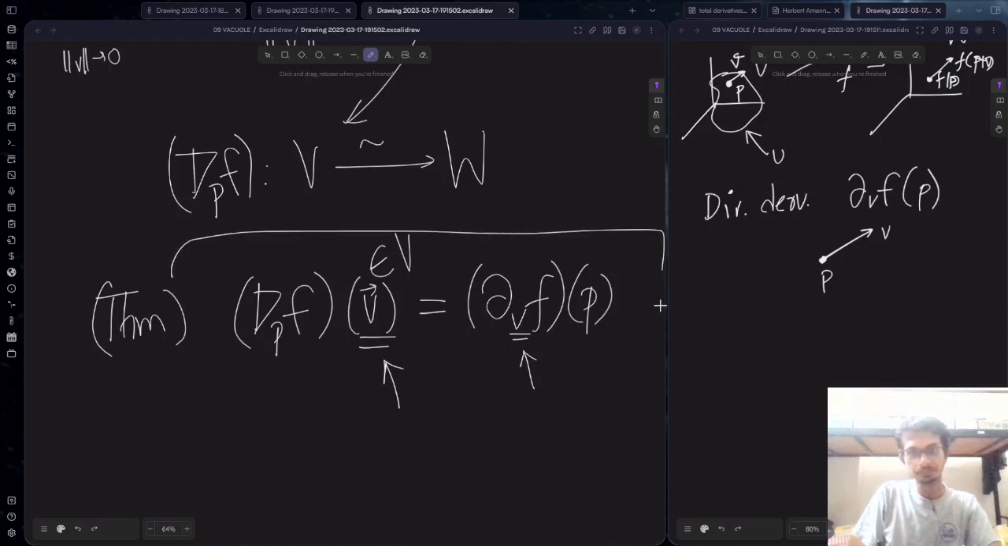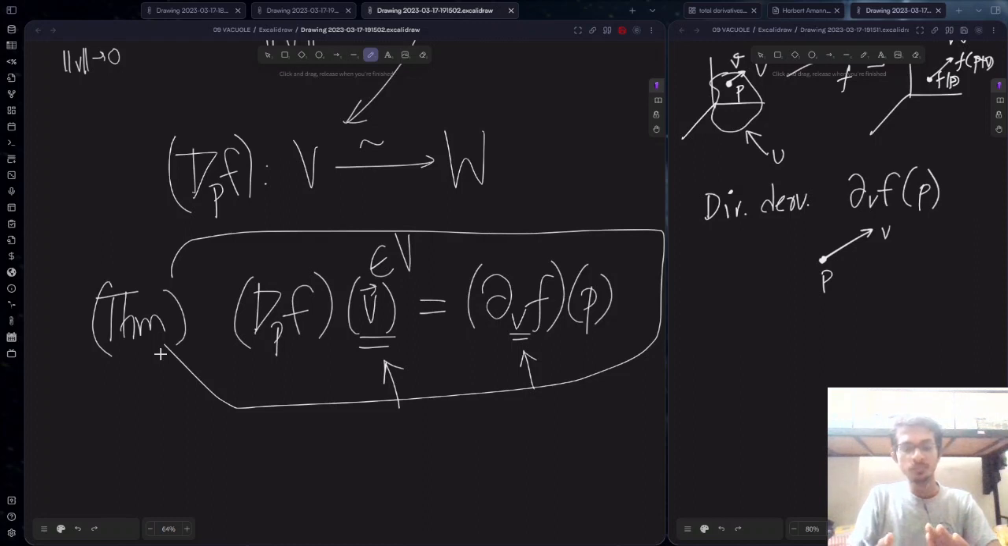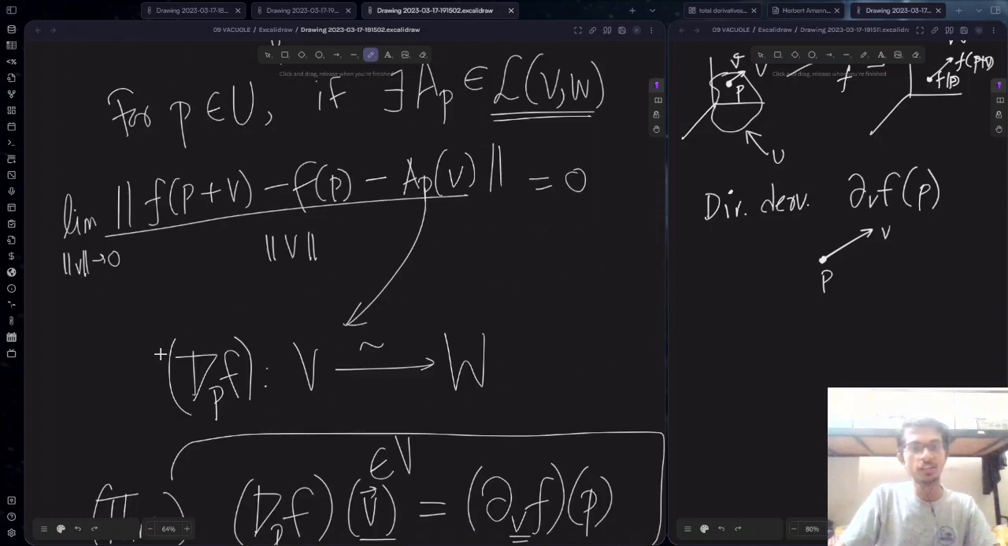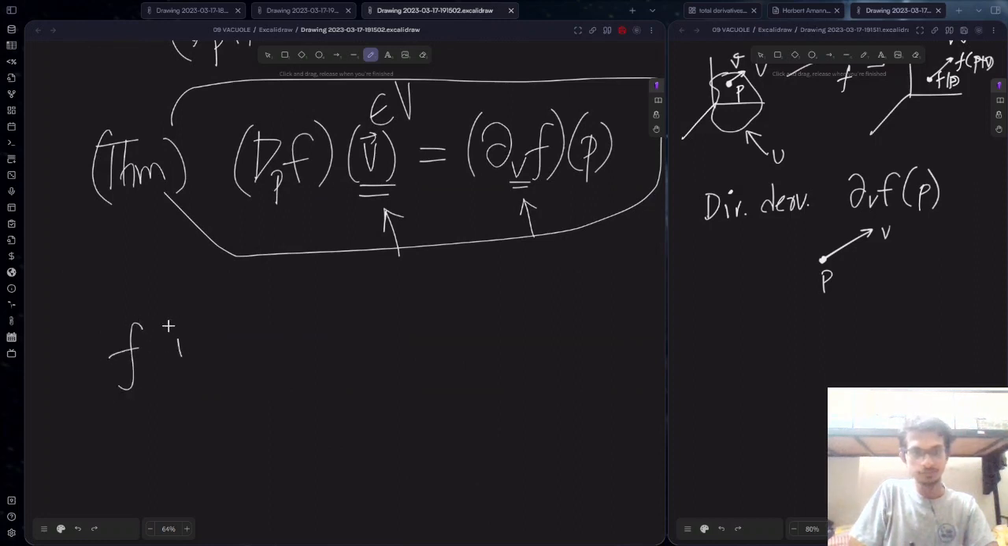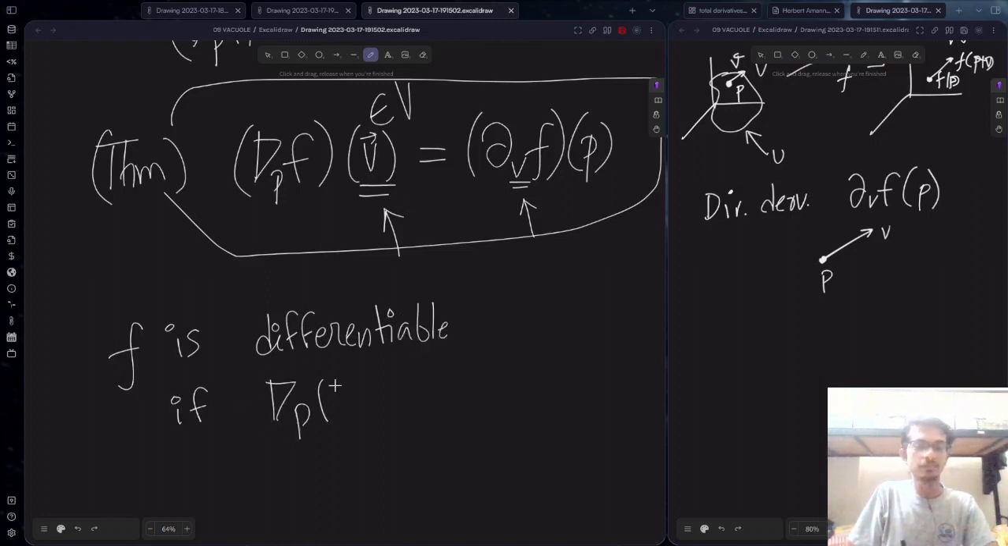Okay, this is an actual theorem we can prove. The catch here is dpf might not exist, but partial derivatives in some direction might exist. So we will call a function differentiable if and only if dpf exists at a point. So this has to be something like a